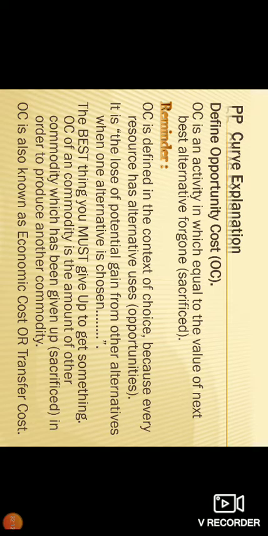Alternatives means a resource has alternative uses. It means if you use the land for the production of paddy, you can't use the same land for the production